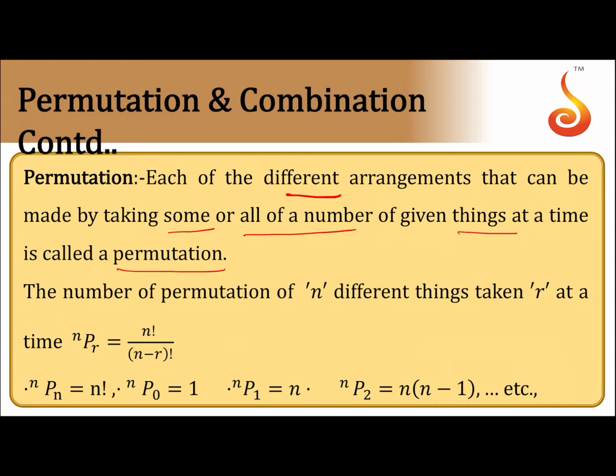And the number of permutations of n different things taken r at a time when repetition is not allowed, without repetition, is nPr equals n factorial by n minus r factorial,